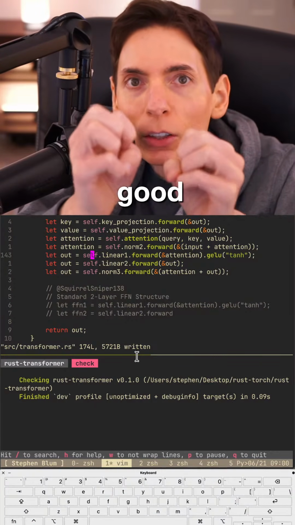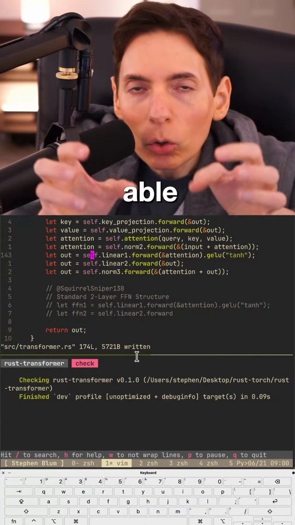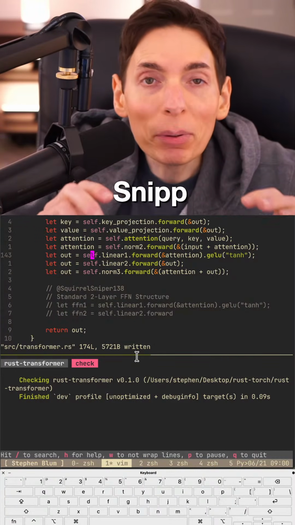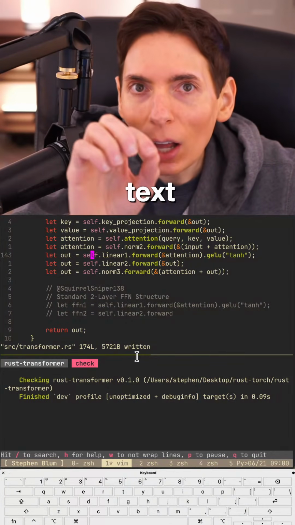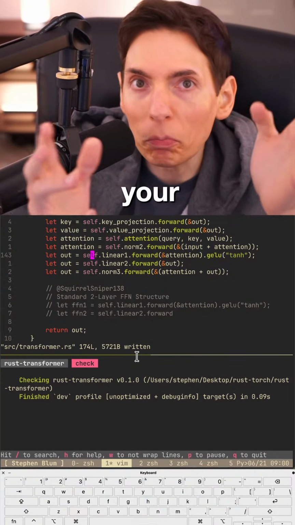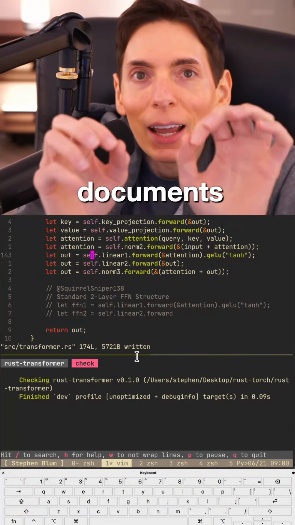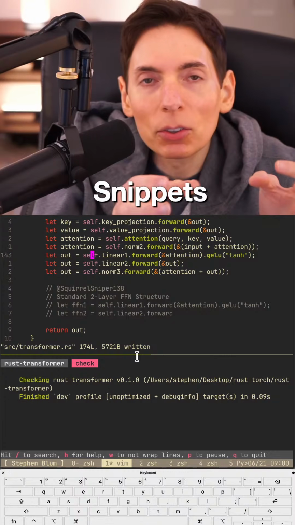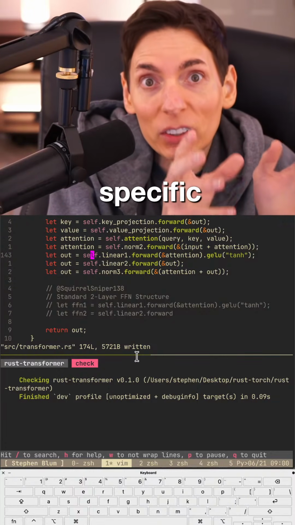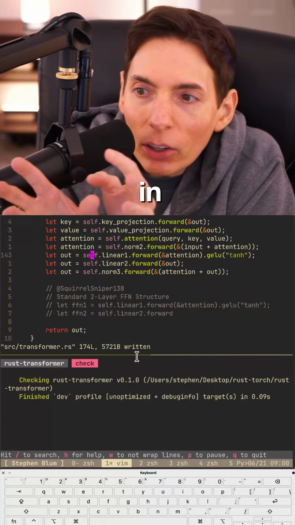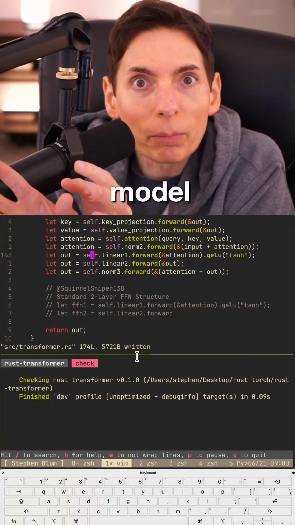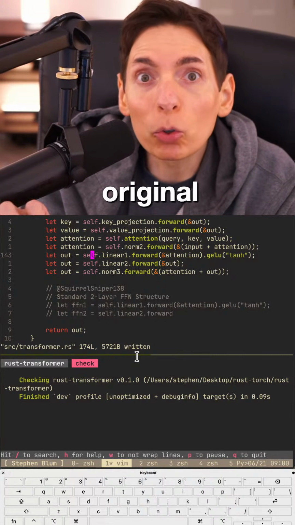You want to create a really good search engine that is able to find snippets of text inside of your corpus, your documents, and then pull out specific snippets. It's going to take those specific snippets and then add them in as context to a large language model, and then it's going to paste your original query.